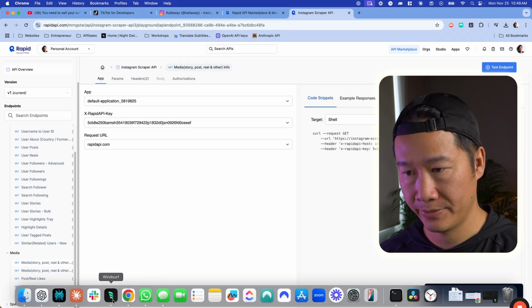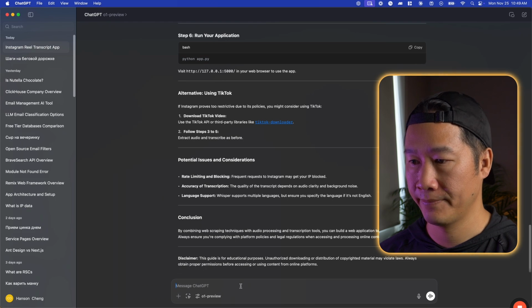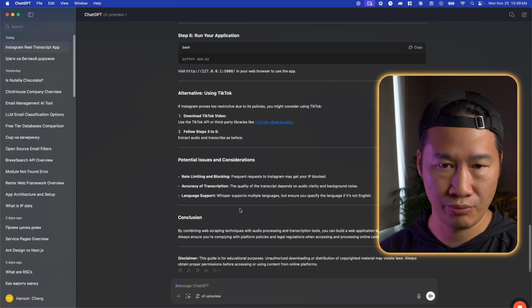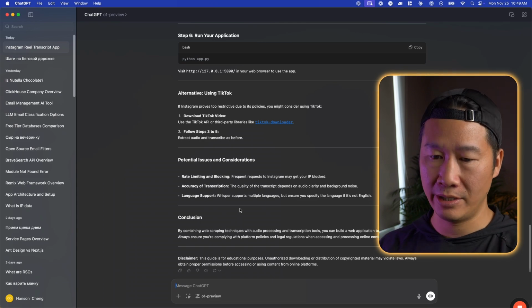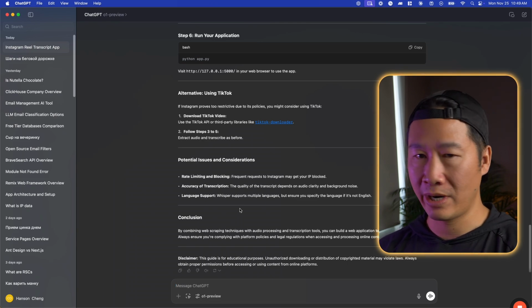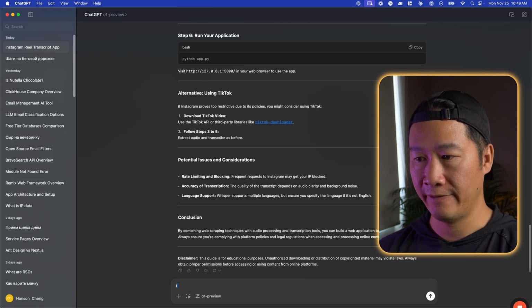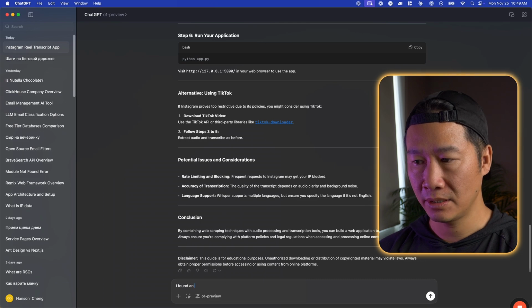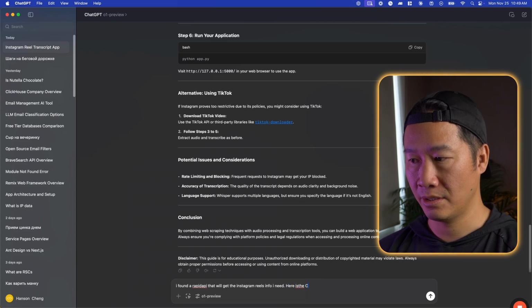So let's open up Windsurf. Actually, let's go back to here, and I say, okay, we're back into preview 01 because preview has all the information that they know we're trying to do. And what I need to do now is create an entire description of what I want to build with the actual API. Okay, so I found a Rapid API that will get the Instagram Reels info I need. Here is the